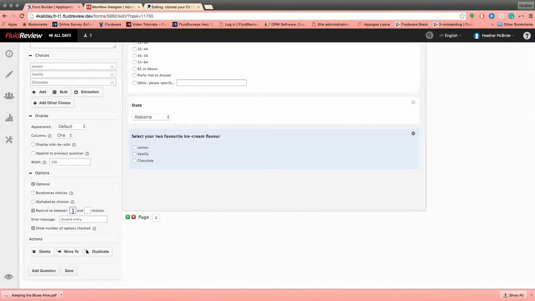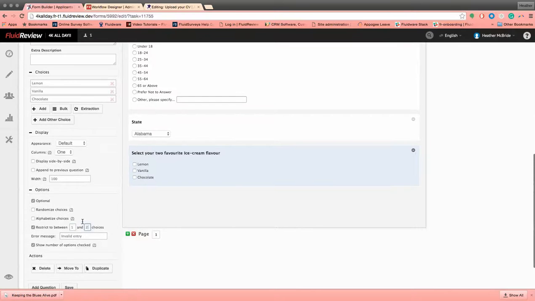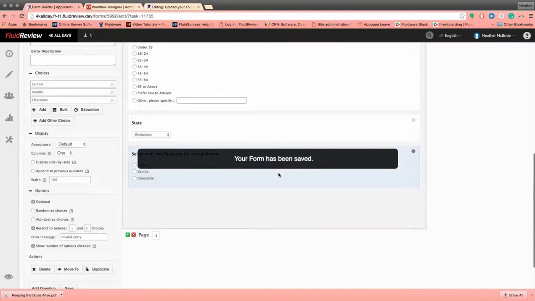So since I said I only want them to select their 2 favorite ice cream flavors, I'm going to limit this to be options between 1 and 2 choices. And now I'm just going to press save. And now when I preview this,